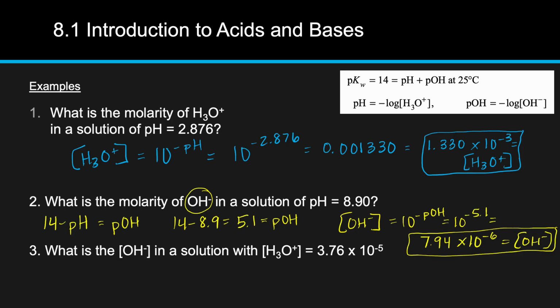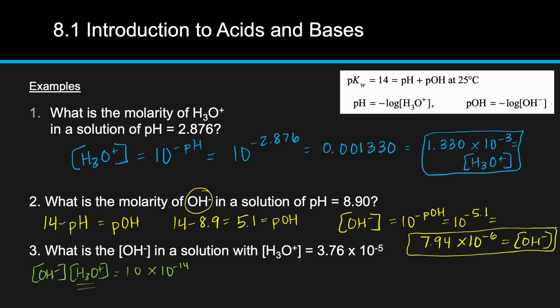And then for number 3, what is the concentration of OH minus in a solution with H3O plus equals 3.76 times 10 to the negative 5th? So I know that the concentration of OH minus times the concentration of H3O plus is going to equal my constant, which is 1 times 10 to the negative 14th. And because I know my concentration of H3O plus, I can just plug that into the equation and solve for